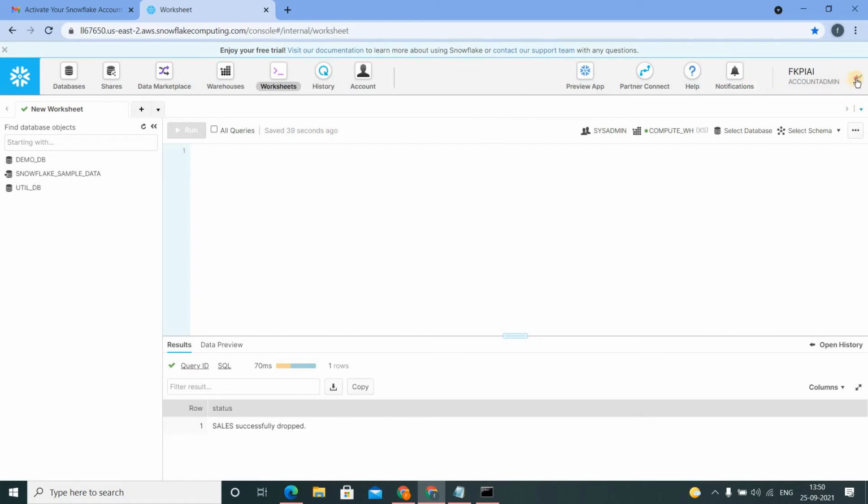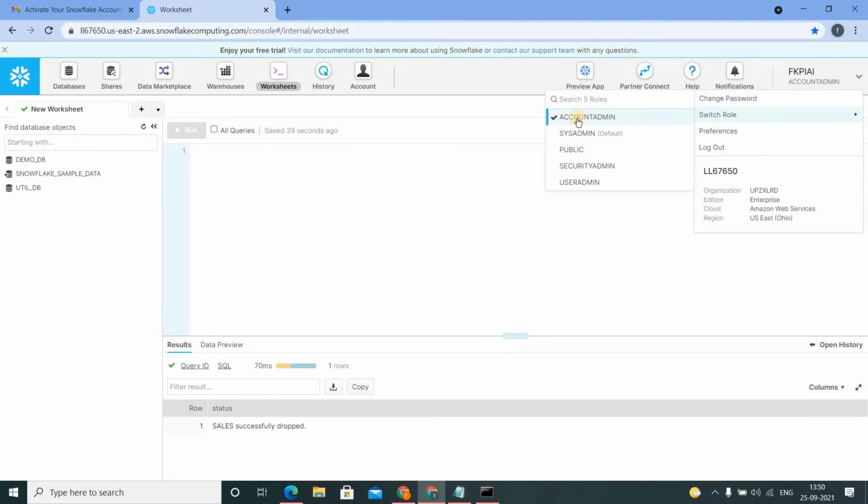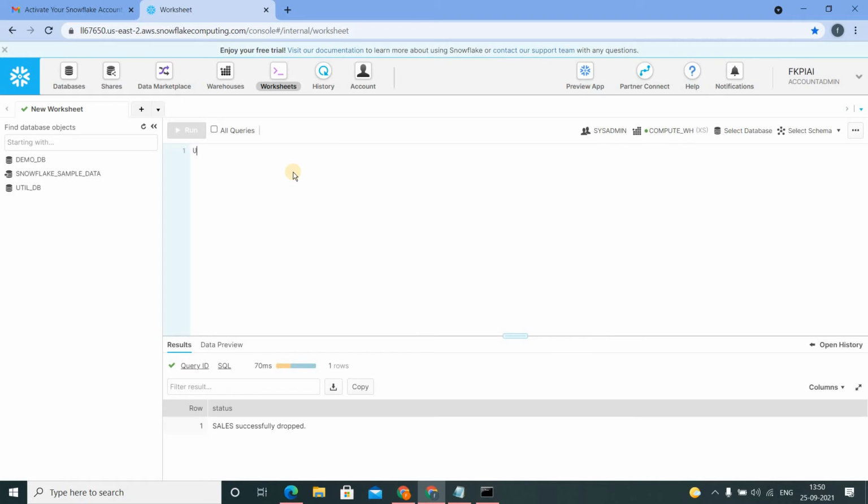You have two ways. You can choose a role from here, or you can just type a command, use role account admin. Both ways will work.